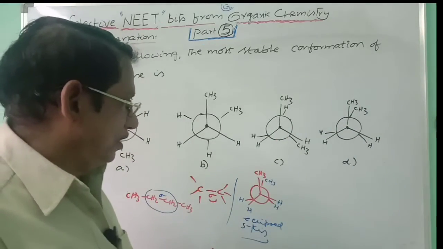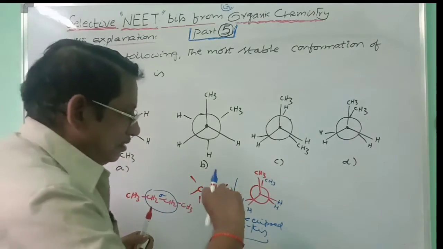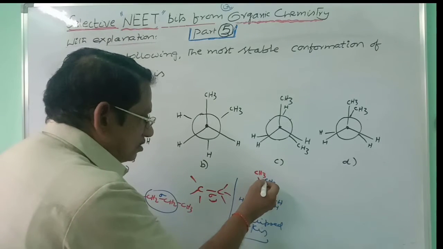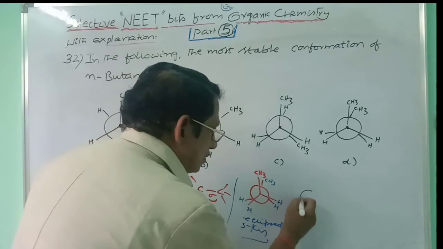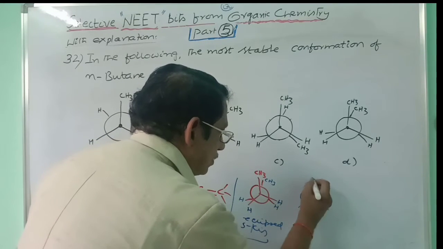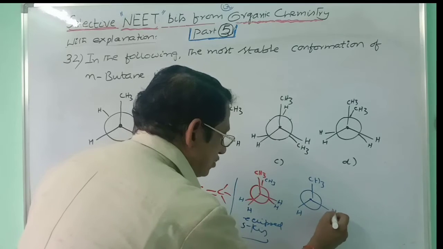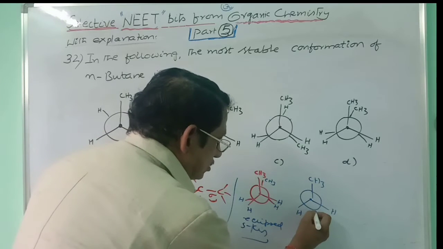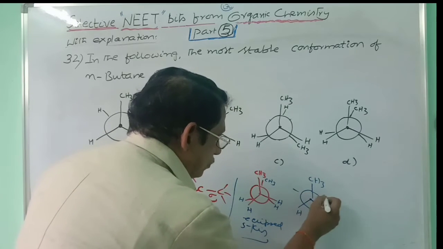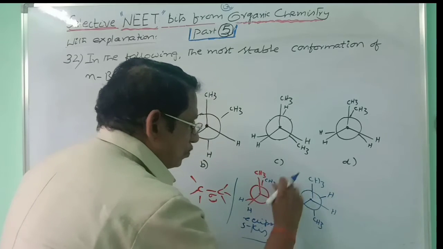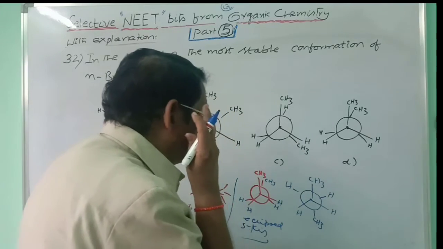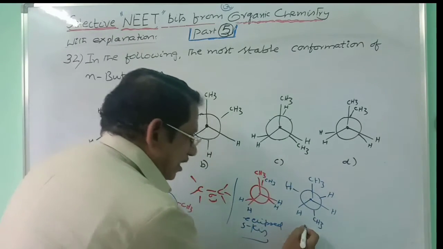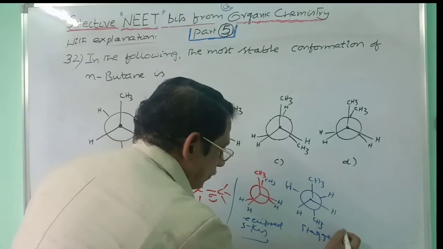the repulsion will be maximum, and so stability is less. And here you can rotate the sigma bond through an angle of 60 degrees. That means you can make this CH3 come to this place. Here, these groups along with the carbon are fixed, and the other carbon is rotating along the sigma bond. If you rotate exactly 180 degrees, the CH3 group is coming here, and the other groups will be here. That means the groups present on the rear carbon are not at all eclipsing the other groups present on the front carbon, and this is what you call staggered.